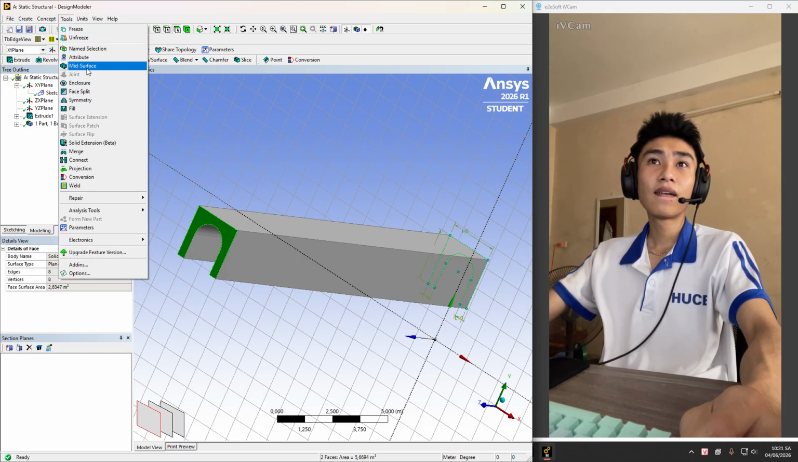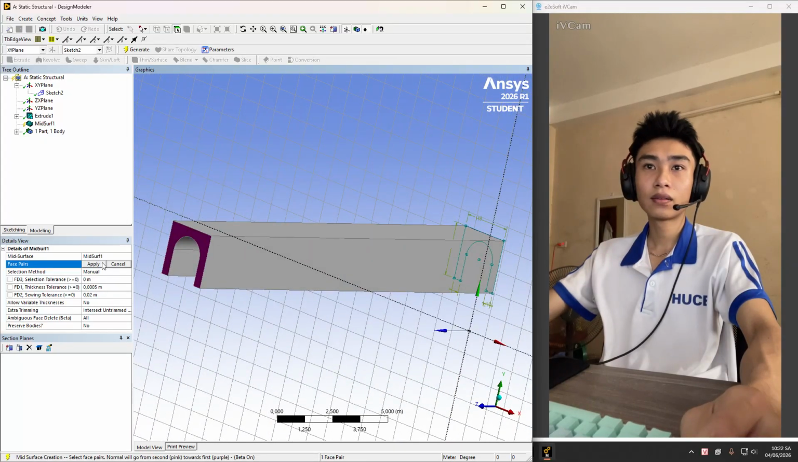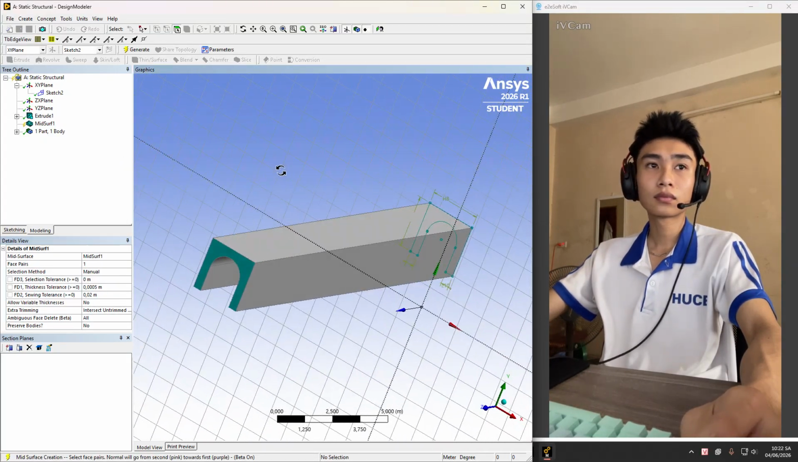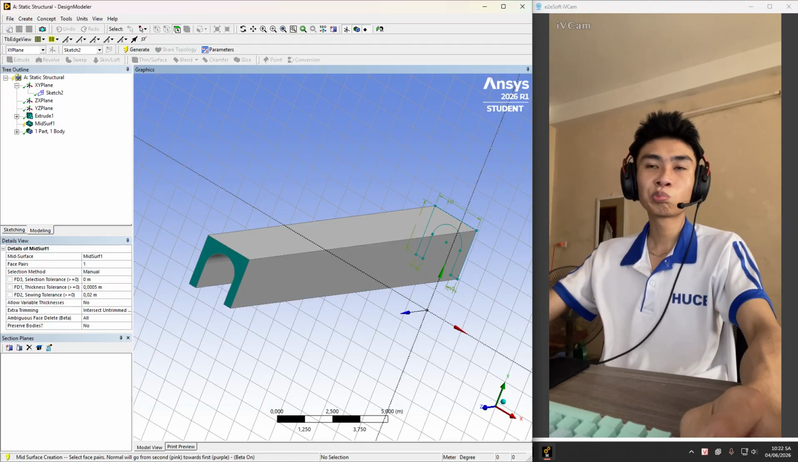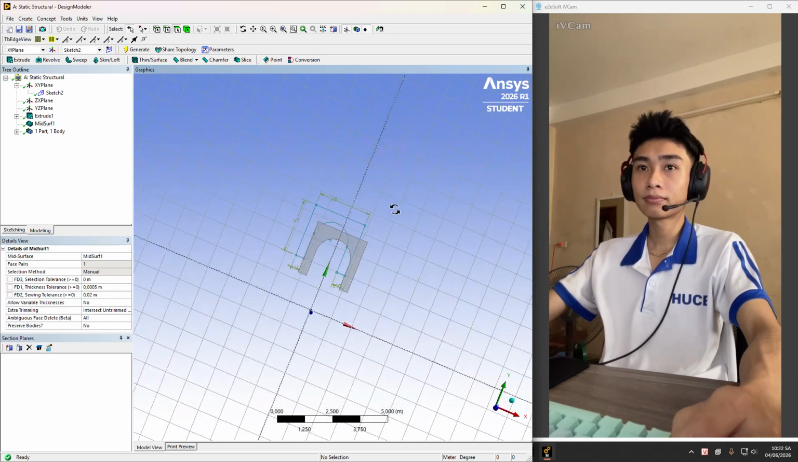Using the first, then control. Now the color is changed, and apply. Now when you ask for the generate, the mid surface is extracted. Now what we are going to do,